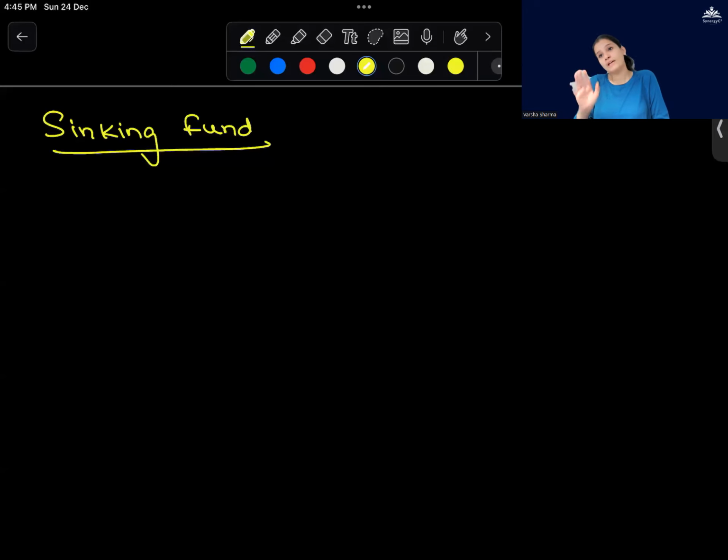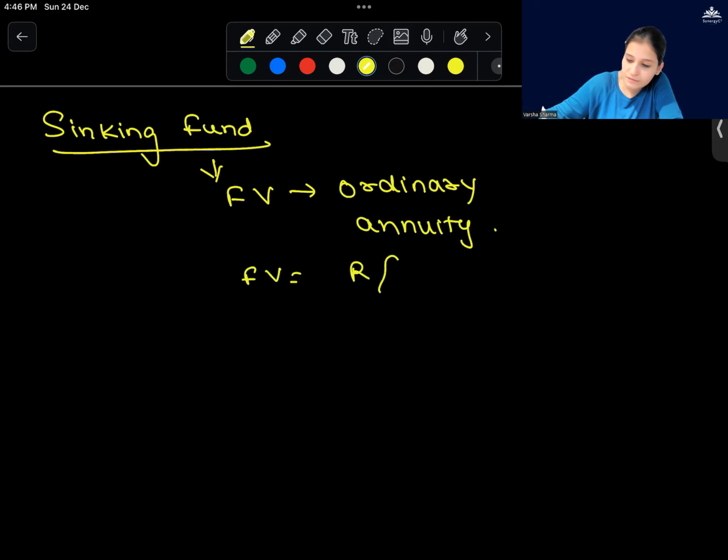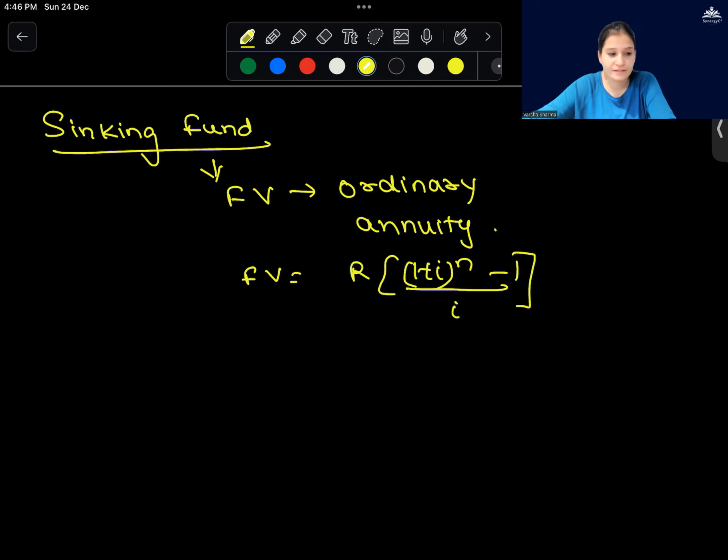In sinking fund, it is always going to be ordinary. It is like taking a loan. Clear? So whenever you buy an asset, or you're saying that for this particular machinery, later on I'll be needing 10,000 rupees or 12,000 rupees or 1 lakh rupees, the question will always be future value, ordinary annuity, fixed. No questions, it doesn't change with the question. That means we'll always use the formula R (1 plus i)^n minus 1 upon i. Always it's fixed.